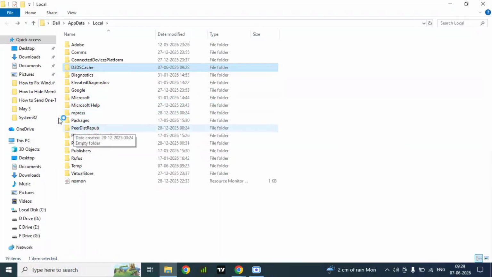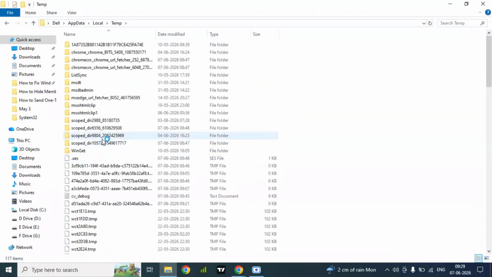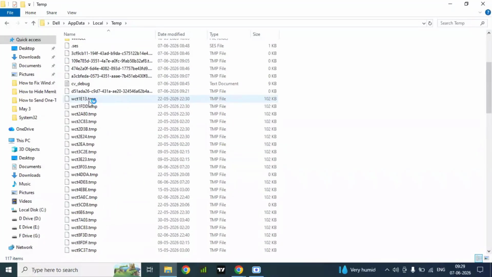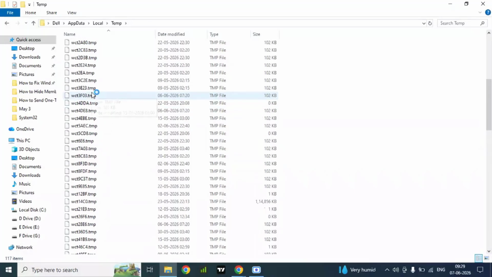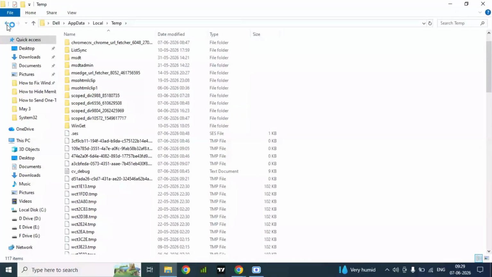After that, go back and go to the temp folder, then search for %temp%. Here you need to search four times and delete it. After deleting, then go back